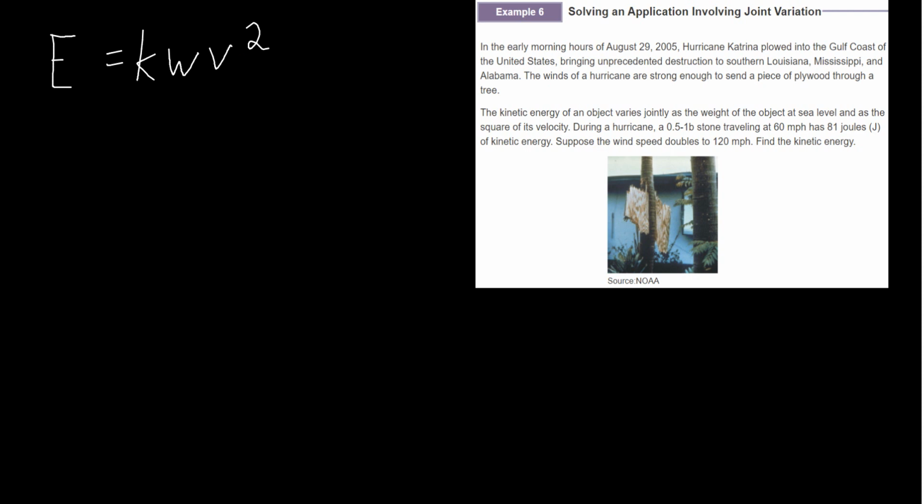So here we go. During a hurricane, a 0.5 to 1 pound stone traveling at 60 miles per hour has 81 joules of energy. So my energy is 81. Okay, we're trying to figure out what K is here. The weight is 0.5 to 1. I don't know, let's do 0.5. So the weight is 0.5,